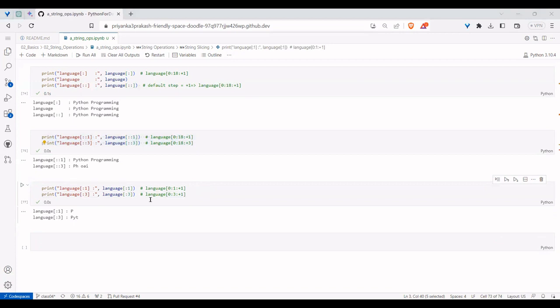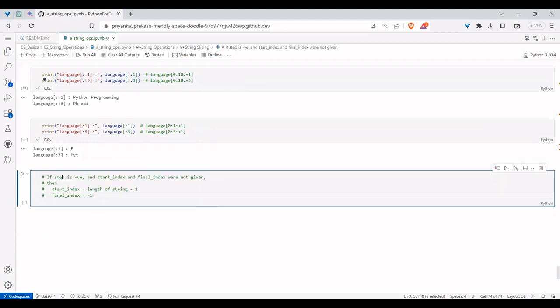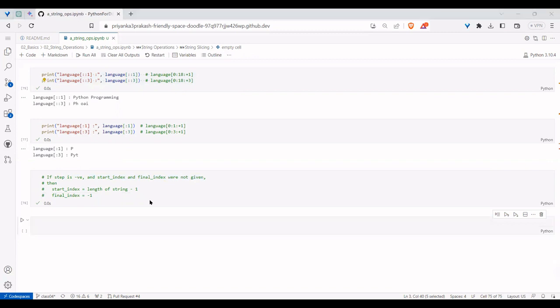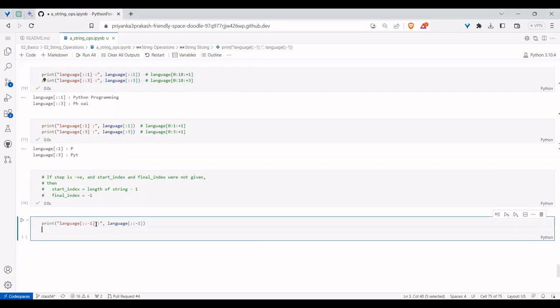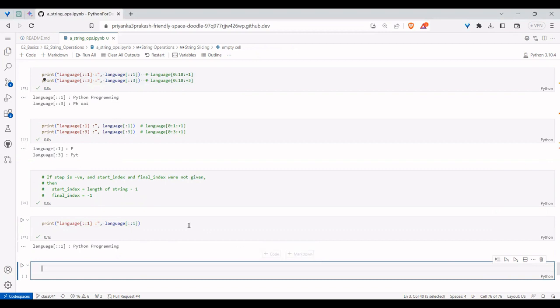In these slicings, one last point I want to mention: there are defaults, but there is one very unique case where the step is negative and the starting and final index are not given, and then the start and final index values will be different. What is this concept, sir? It's very simple to understand. With +1, you get every character.